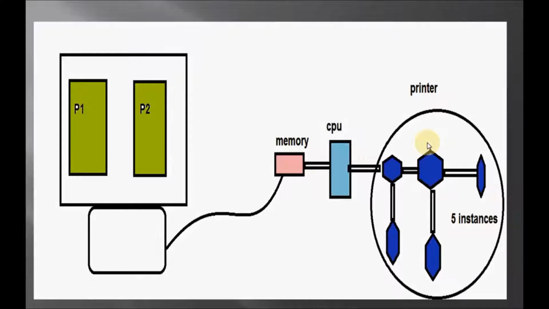Assume one printer is in the basement, one on the fourth floor, and one printer is on the ground floor, right? Suppose. So what is the output of the printer here? The document, the printout you are going to get from the printer on the ground floor and the printer on the fourth floor.